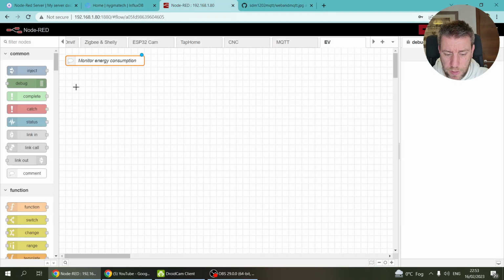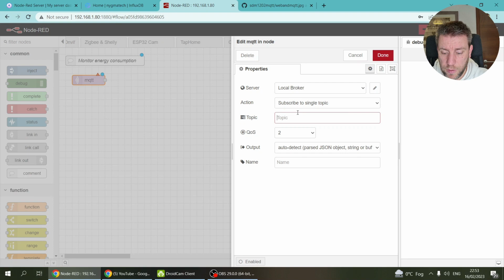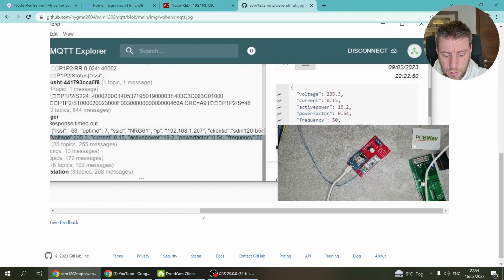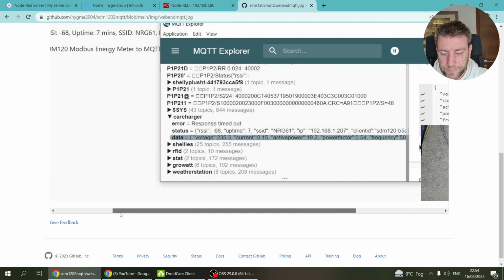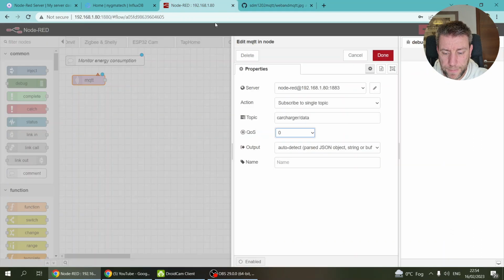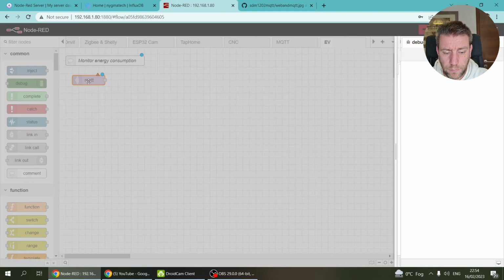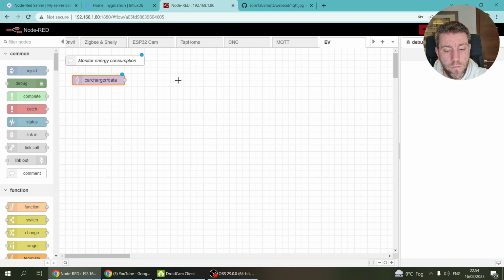Okay, so I need an MQTT in, which is going to monitor car charger / data, and it's going to be my main Node-RED server, and I don't need any special quality of service. So car charger / data. Okay, fine. And